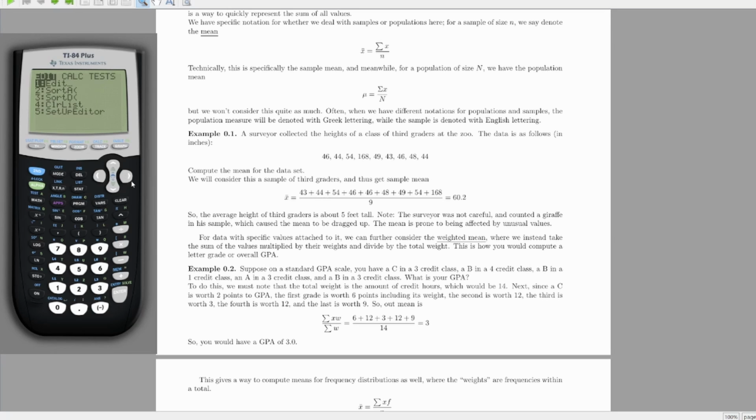Then you hit Stat one more time, click Right to go into the Calculations menu, Calc. Then the first one says 1 var stats. Click on that, and if you have one of these more advanced calculators, this little menu will pop up, which is automatically formatted the way you need it to be. If not, don't worry, I'm going to do at the very end the other process for the case where you don't have that. But you got these things in there, you hit Calculate, and it spits out first,